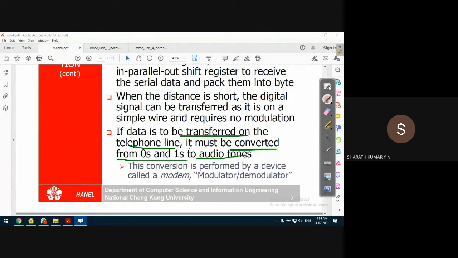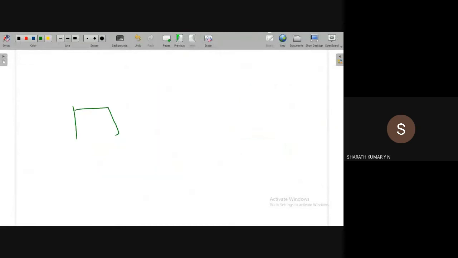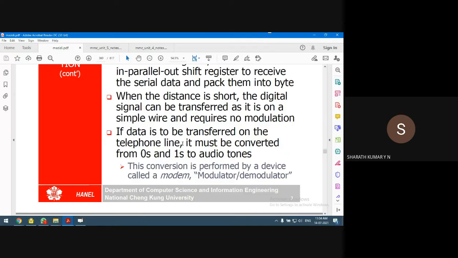In telephone lines, of course, nowadays we use mobile devices also. It can be wireless communication or wired communication. So, for example, let us say there are two devices which are communicating. Two devices are mobile devices, for telephone lines, for example. So this is telephone line one, device one, telephone device two. They are connected using wired communication. They are connected using wire.